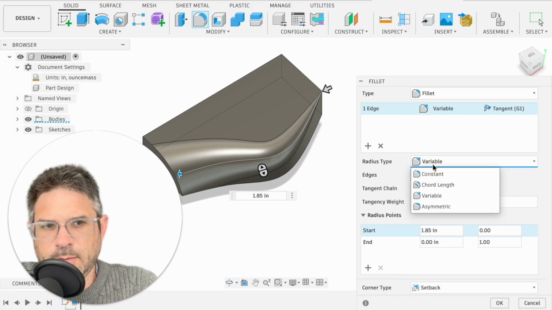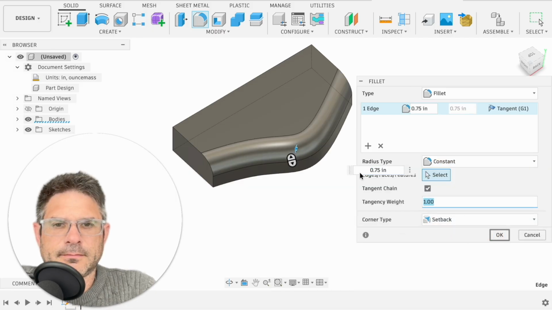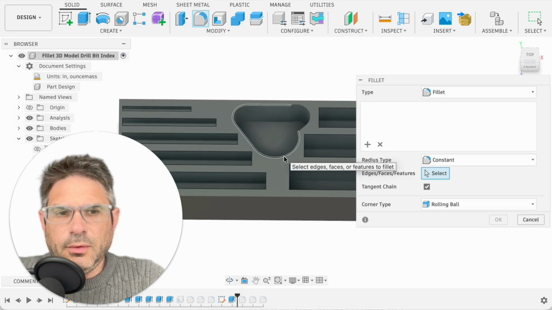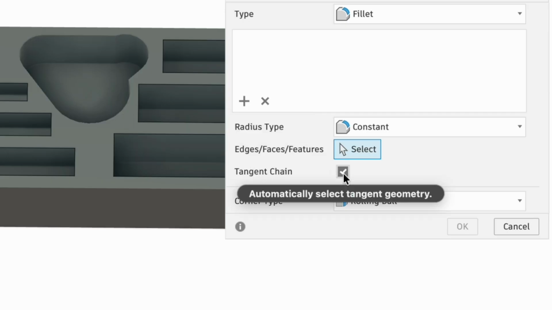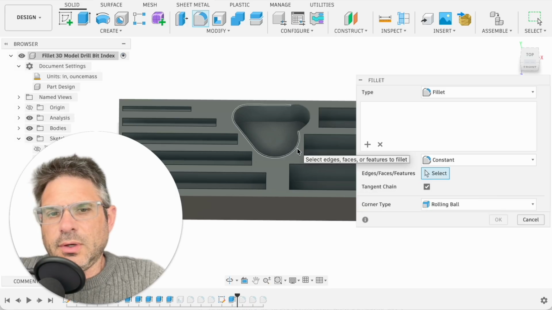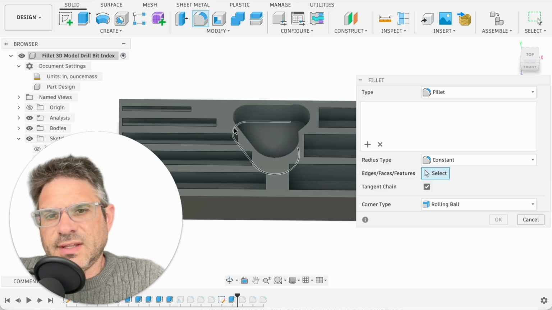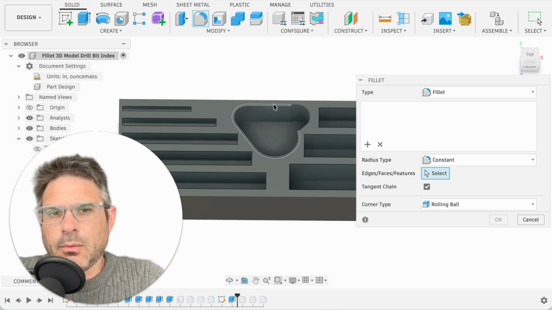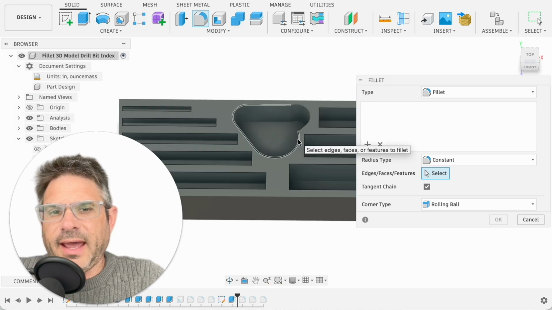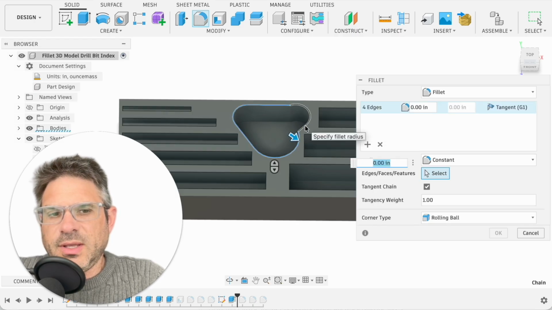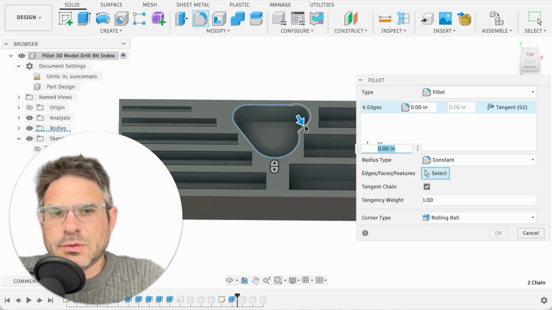In this case, I have the variable, but we can switch that to constant. Now with the fillet command, when we're selecting edges and faces, I want you to see this feature here, which is I have the tangent chain selected. So if you look at this, I am picking this arc here, which is tangent to this line, which is tangent to this arc, which is tangent here. This arc and tangent line do not get included in that. Fusion is considering those to be two separate circumstances. So I can click those together,